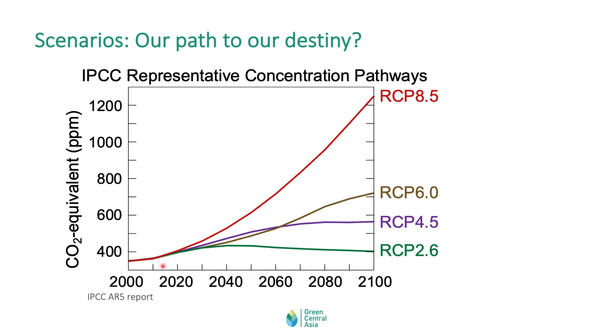So they decided, for example, we might have a kind of green pathway, or our goal might be to just reach global temperature warming below 2 degrees Celsius, then we have to start to reduce our CO2 concentration in year 2030 to stabilize the warming. Another scenario is the RCP 4.5, which says that, okay, we might delay our decrease of CO2 concentration up to year 2070, and then we start to stabilize it.